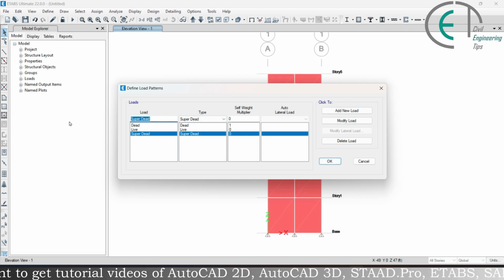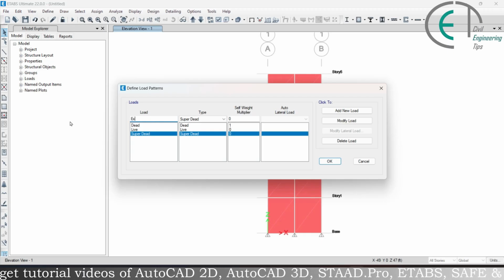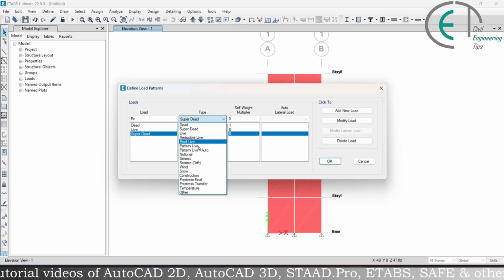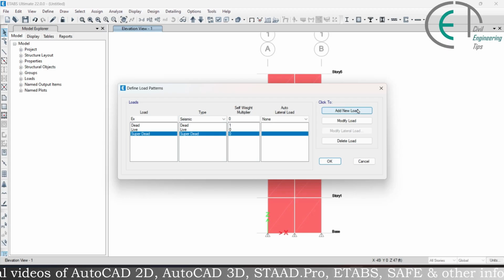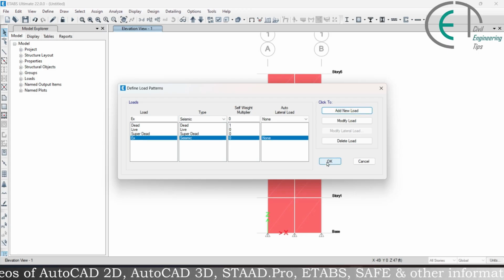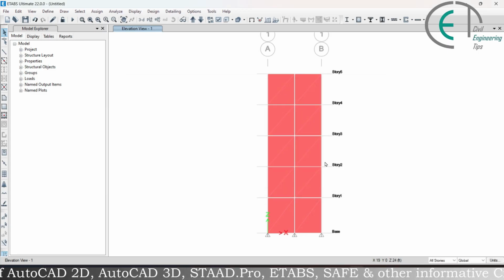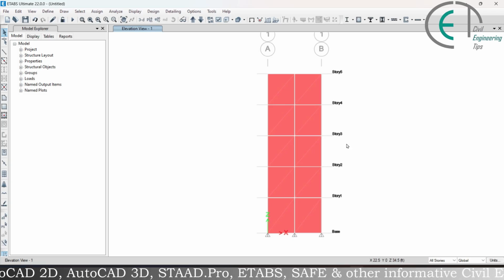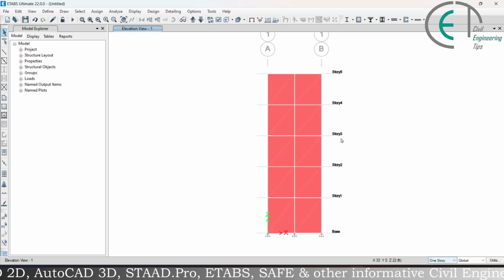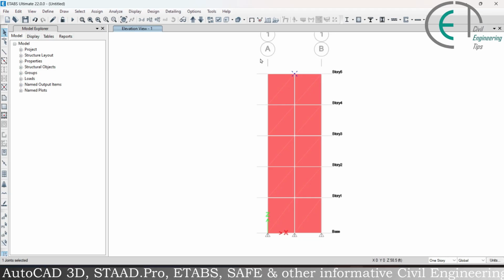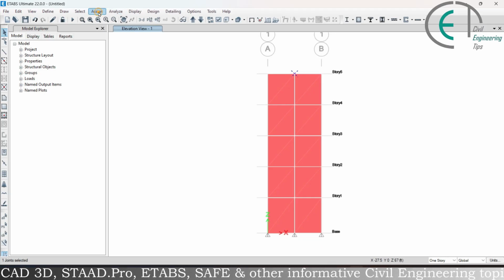Another load pattern we will define as EX, and we'll choose it as seismic and click on add new load and click on OK. Now I will apply loads on these walls. Before doing that, let's choose it as one story, and I'm selecting this midpoint first and go to assign and